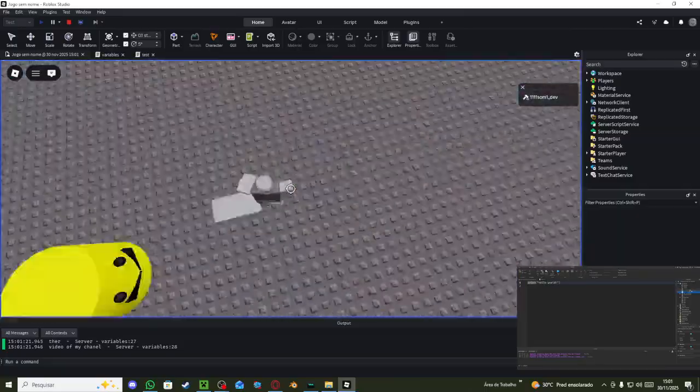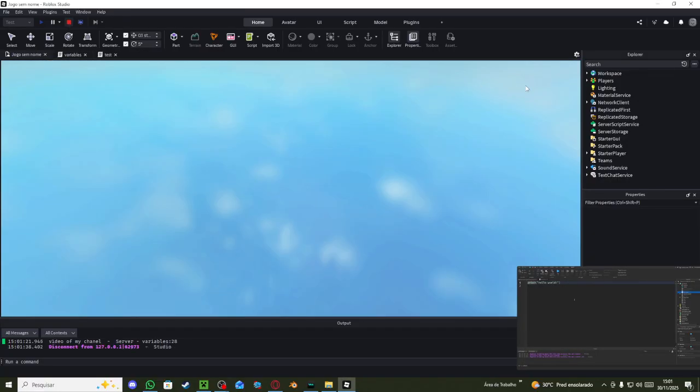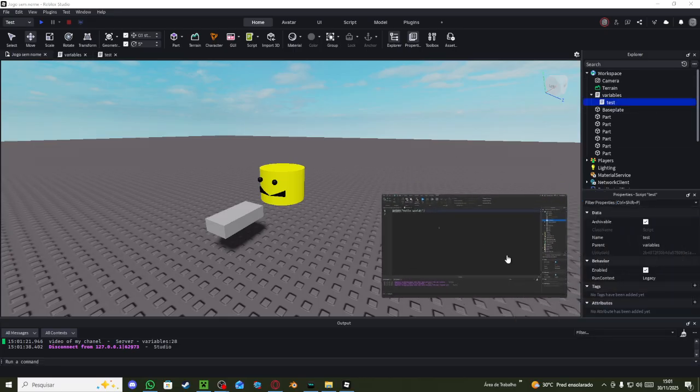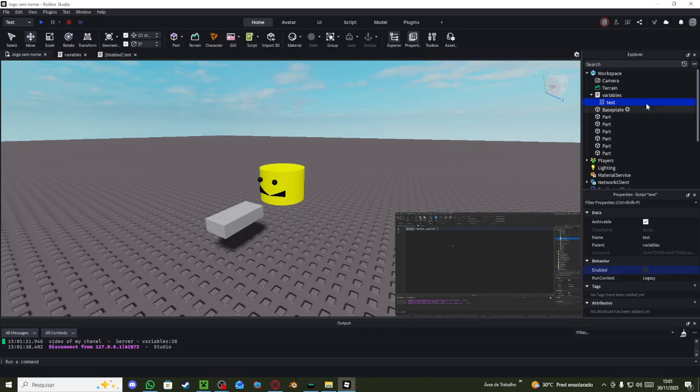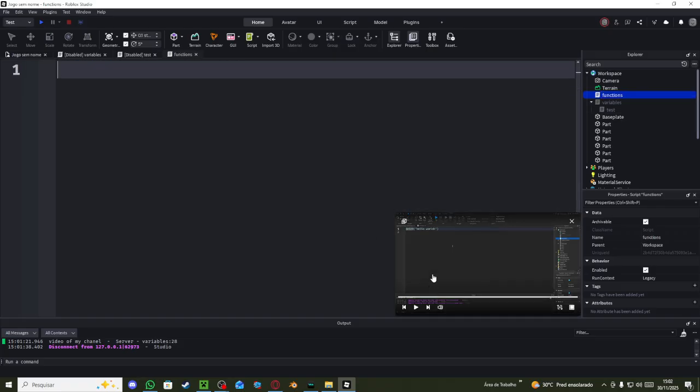We're going to call this one functions, enter, just like this. And now we have our new script for our functions.